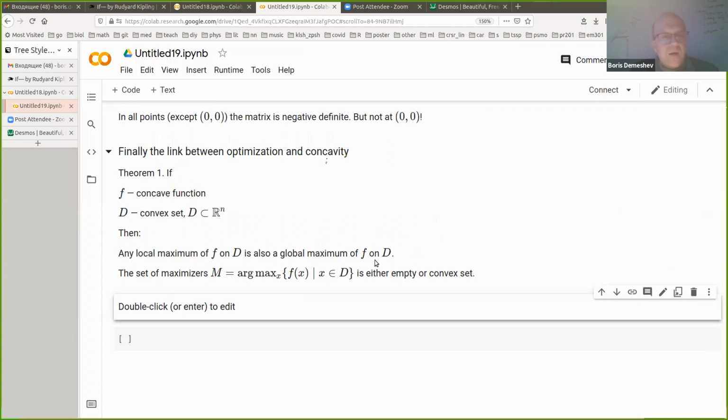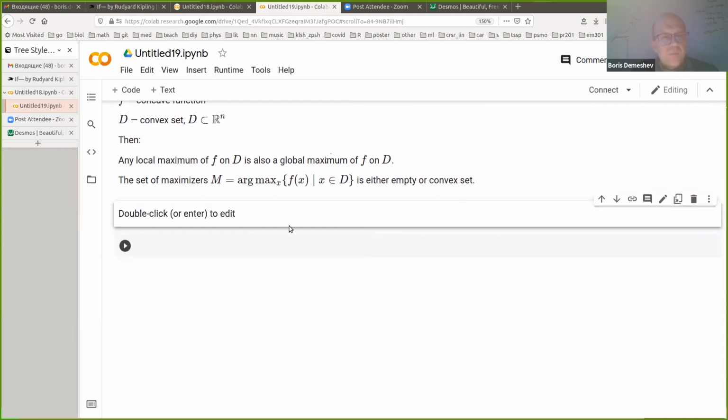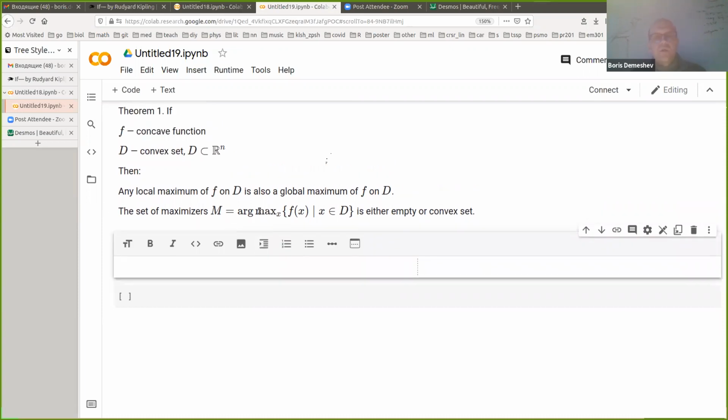Okay, let's move on. What will we have, let's say, 15 minutes. Okay, so let's move on to the logic of Lagrange multipliers and so on. So theorem 1 is useful, but let's move on to theorem